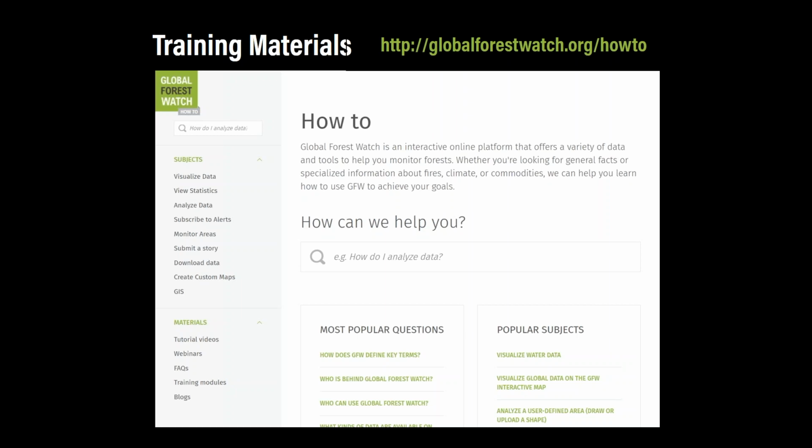We have a how-to portal on the main Global Forest Watch platform that hosts all of the different tutorial materials for the whole suite of Global Forest Watch applications. But there's a section on the how-to portal specifically dedicated to Forest Watcher, and it includes online tutorial materials as well as a number of printed materials, because we recognize that if you're going out in the field and doing trainings with communities, you might not have internet access, and so you can print PDF versions. And the how-to portal is also available in 5 languages,